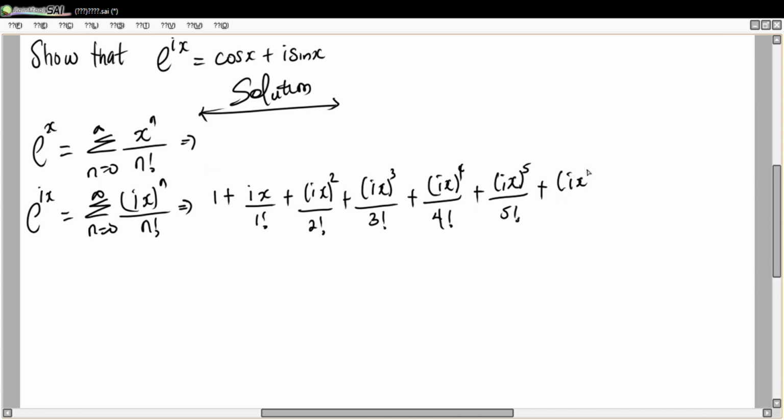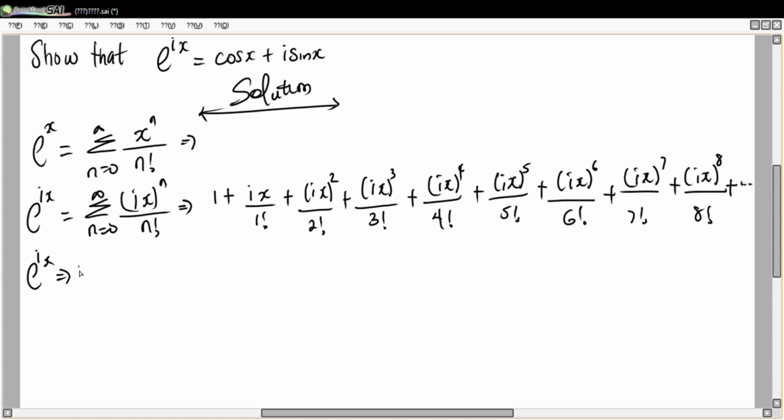ix raised to the power 6 over 6 factorial, plus when n equals 7, ix raised to the power 7 over 7 factorial, plus when n equals 8, ix raised to the power 8 over 8 factorial, plus dot dot dot, continuing like that. Alright, from here now we can have it as 1 plus ix over 1 factorial plus,